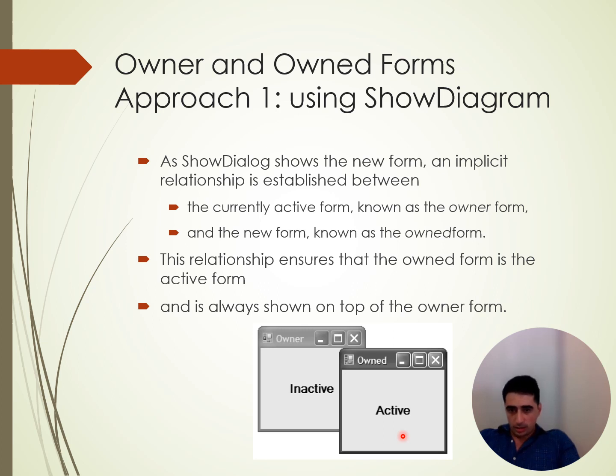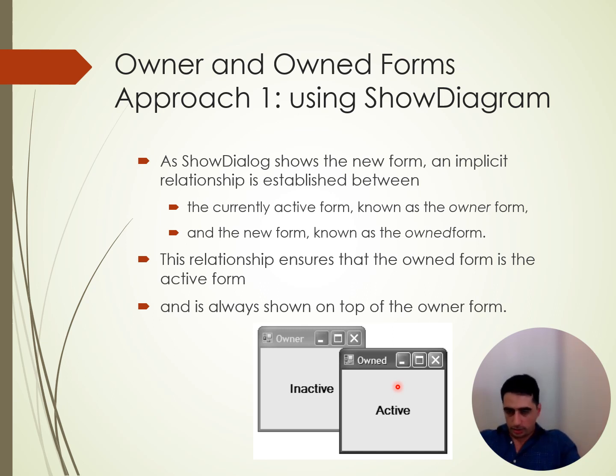So whatever, let's say, mouse click you do or whatever key you enter on the keyboard will be given to this owned form, right? That's what the definition of an active form means, right? You're not allowed to click on anything else other than the owned form. If you do that,